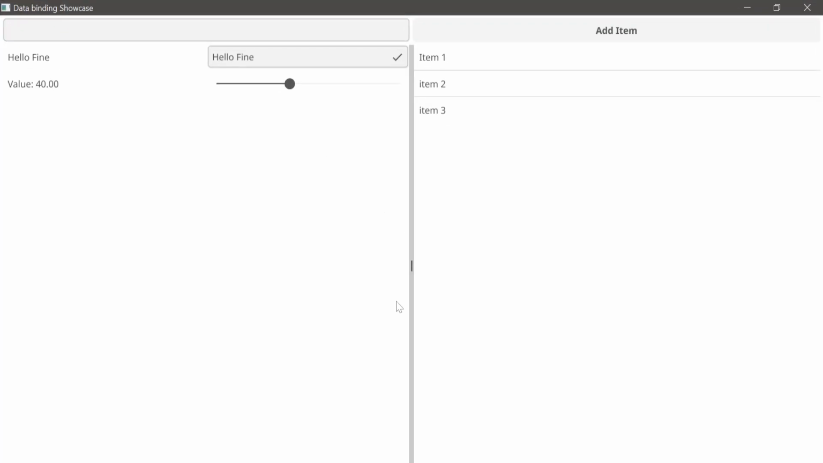Yes, so this is going to be our application. So I can say maybe hello Moshi. As you can see, it's binding so well. And then here you can see the value, the float value, and then you can add another item 4, you can add another item 5,